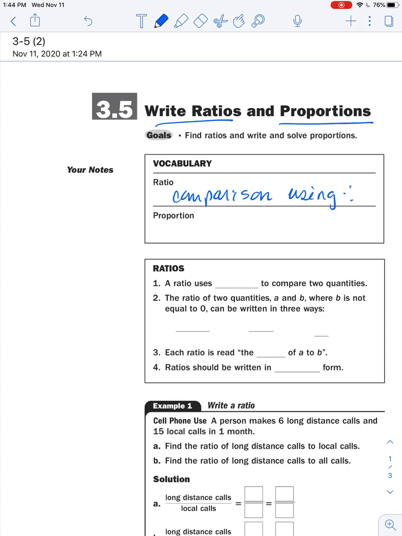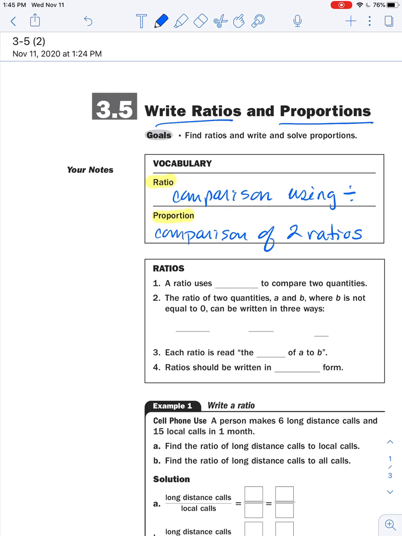And it's a comparison that uses division or a fraction bar, as you'll see. So that's just a plain ratio. It's going to look like one fraction, whereas a proportion is going to be a comparison of two ratios. So a proportion is a comparison